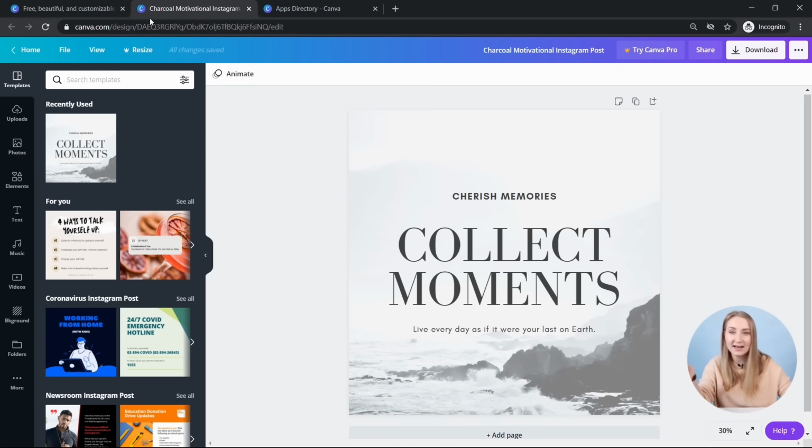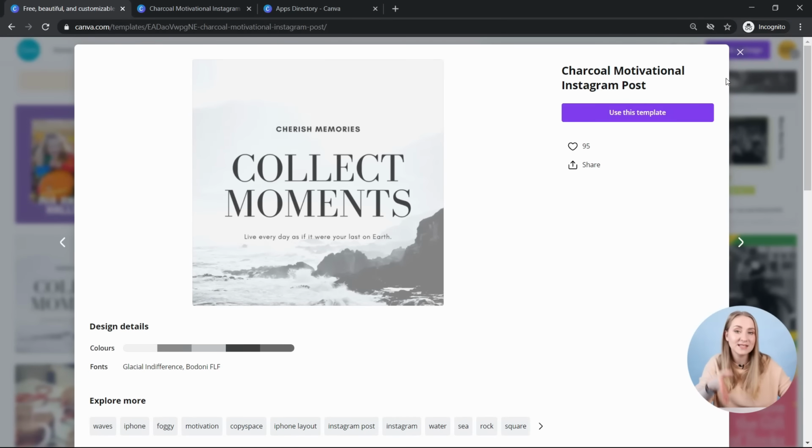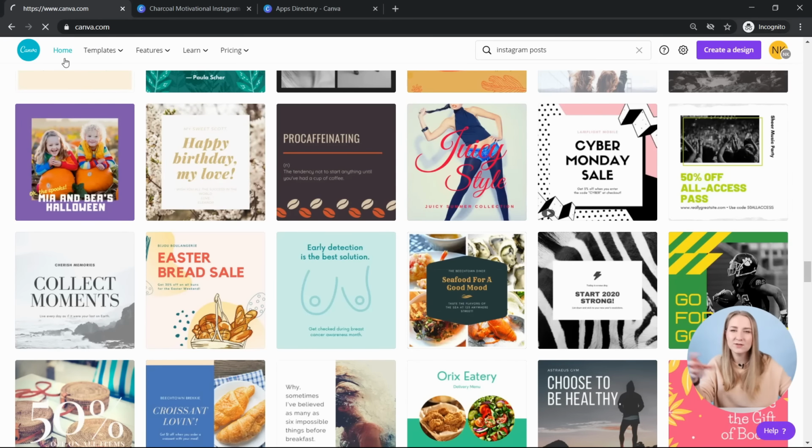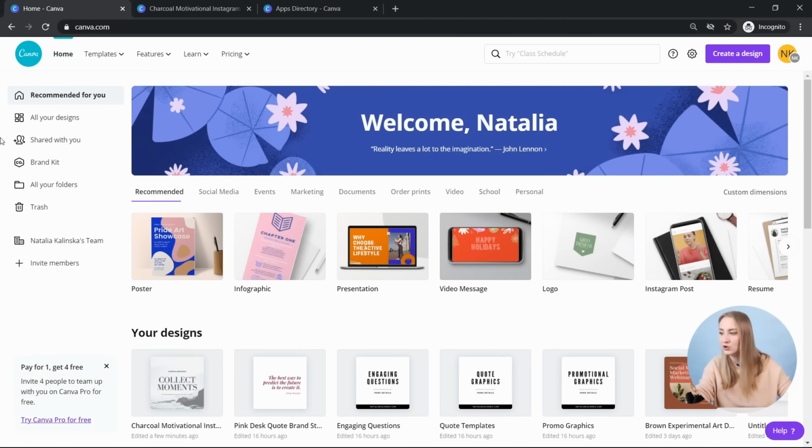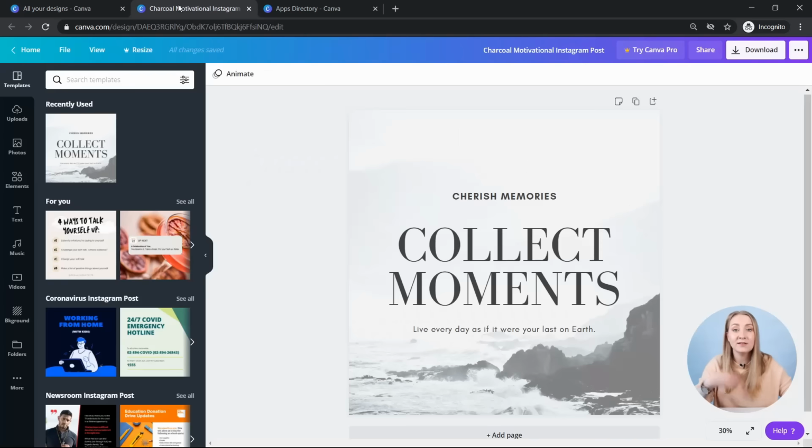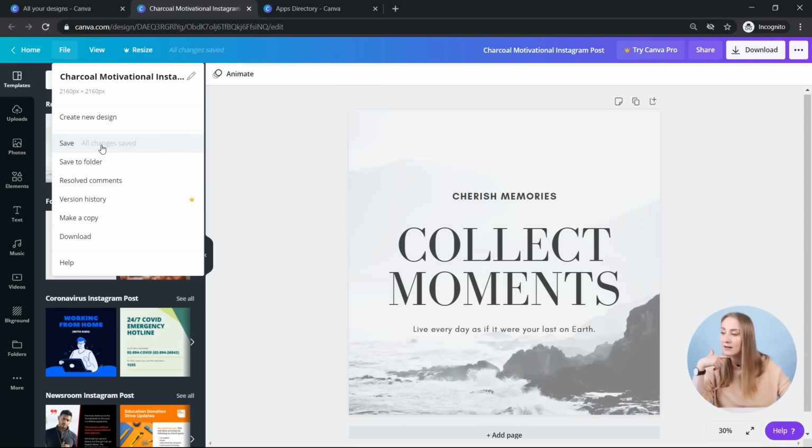And by the way, if you click on a template or create a design, it opens in a new window. So it's quite a useful thing because you can just get back to what you were looking at, or if you need to open another design that you've designed previously, you can just do it from here and it doesn't affect the thing that you're actually designing at the moment. Apart from home, you've got the file, so you can create a new design from there as well. You can save it, which it automatically saves, and you can see in here that all changes are saved. If there are ever any issues with Canva, this is where you want to look, just to make sure that all of your things are continuously saved.